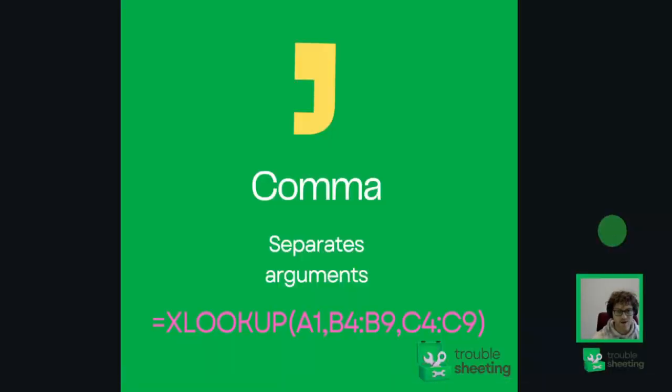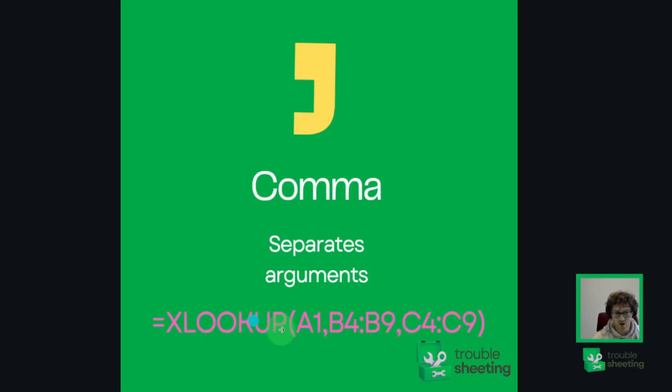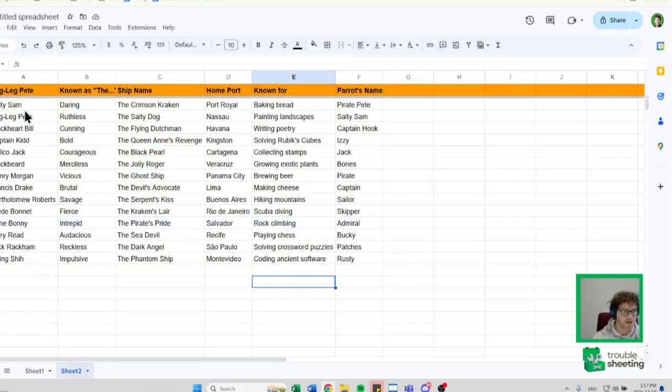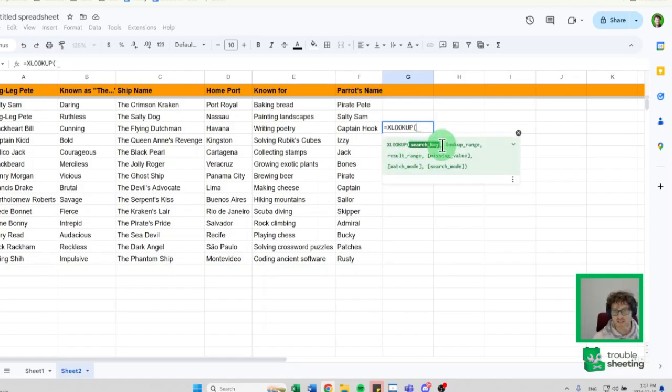Next thing we've got is a comma, which separates arguments, and arguments are the parts of a function. So for example, here we've got XLOOKUP, and then we've got a cell, and then we've got a comma, and then a range, and then a comma, and then another range. So what it's doing is separating the parts of the function. Let's have a look. So here we have some data about some pirates and what they're known for, the name of their ship, their home port, what they're known for apparently, and their pirate's name. So let's use that XLOOKUP function. So we can see that the first part of the function is the search key. So that's what we're going to be looking for. We're going to be looking for, let's say, the name of the pirate. And that's going to be